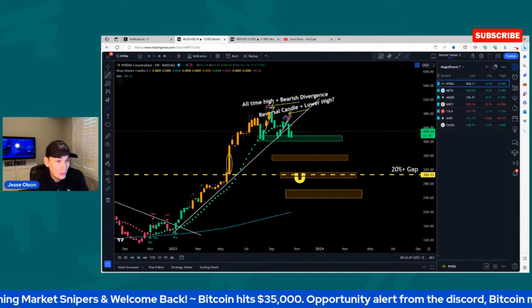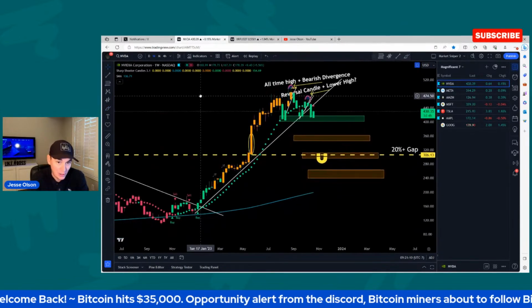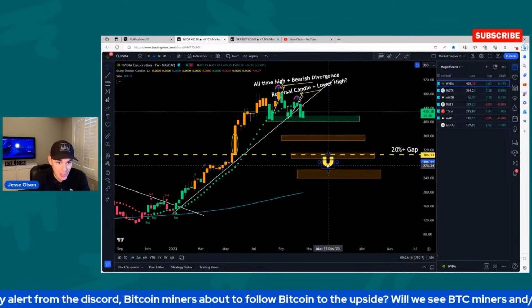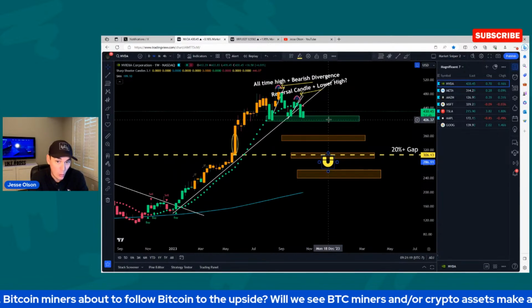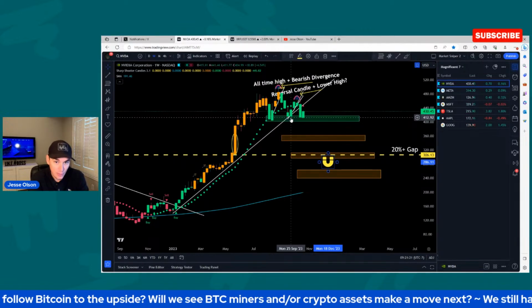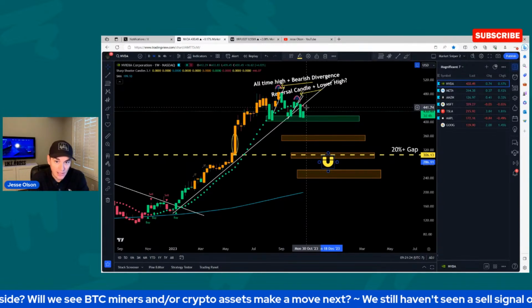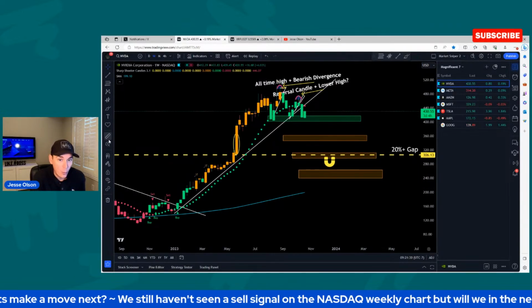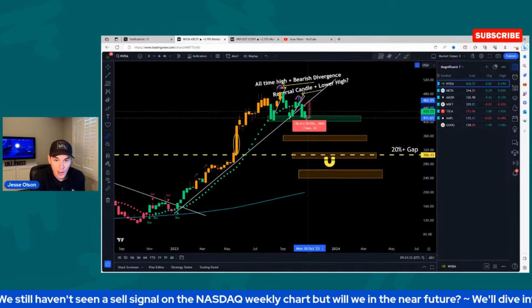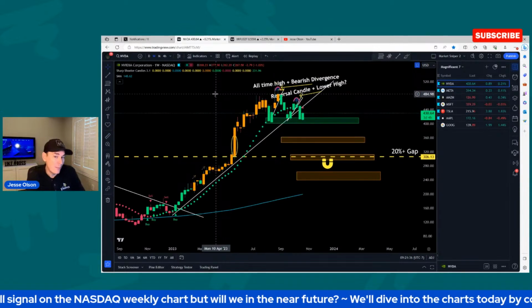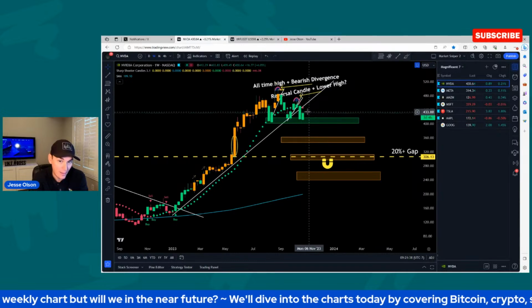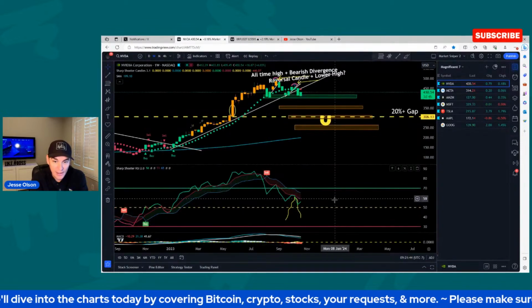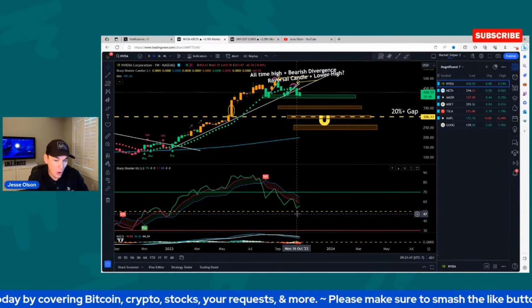Let's check out NVIDIA on the weekly chart. Still no sell signal on the weekly chart. Still got this 20% gap down here. Still watching it. It has only hit target 1 so far. Hit it, retested again, letting the trending dots catch up after this big move down. That was a big move down in NVIDIA. From wick to wick, you're looking at about an 11% move. That's massive. So it's retracing some of that, letting the trending dots, the moving averages, and the EMA on RSI catch up.